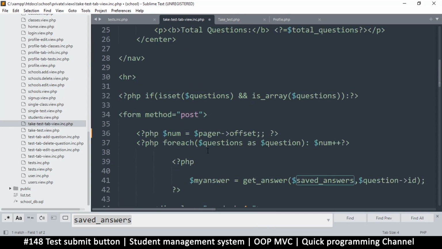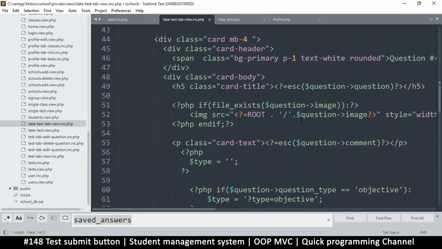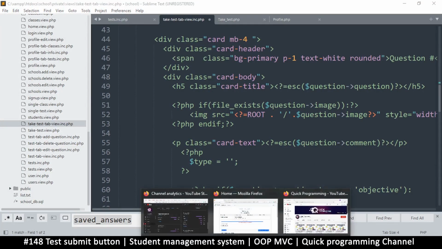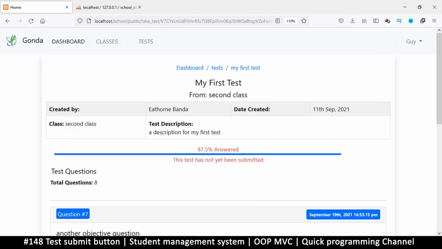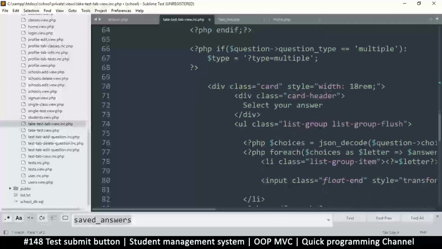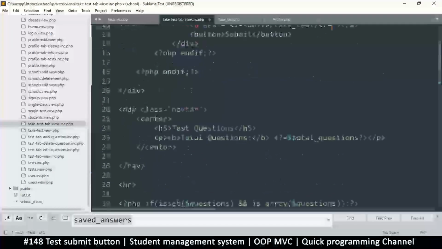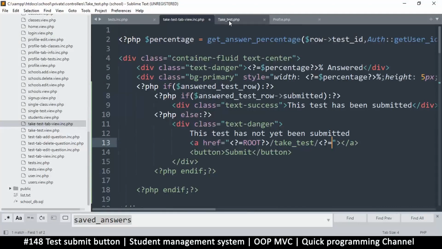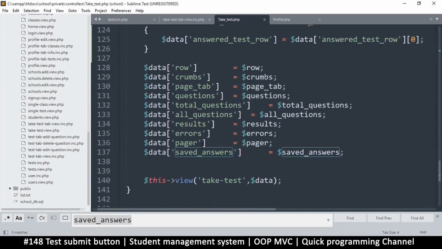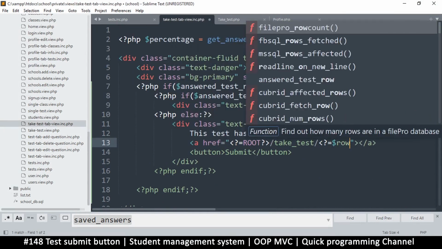Where is the test row here? Questions. Did I use the test row anywhere? There is a button here. Oh, that button is only on the other side, I see. It's not about the question, the tests. Where is the test row? Let me go back to tech tests in here. And let's see. Okay, so it's just row. Okay, so that's good. Let's say row,